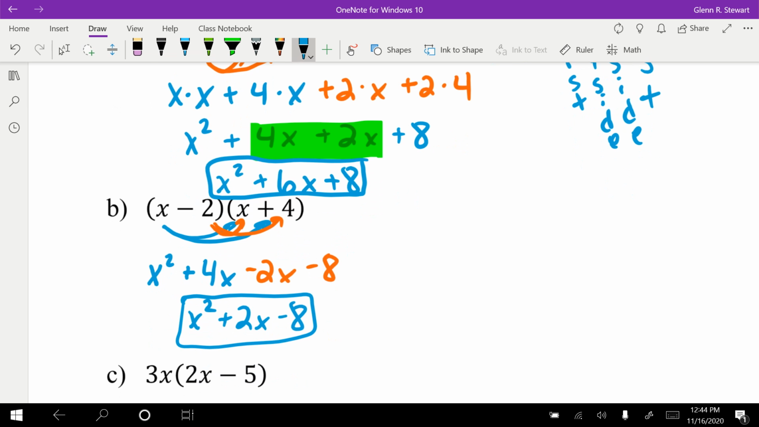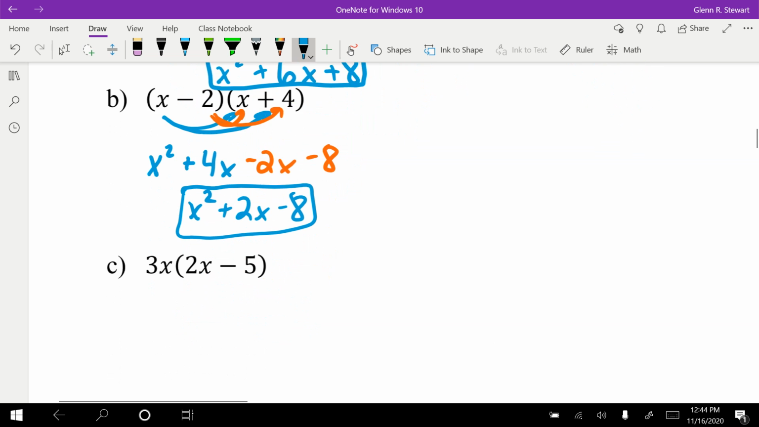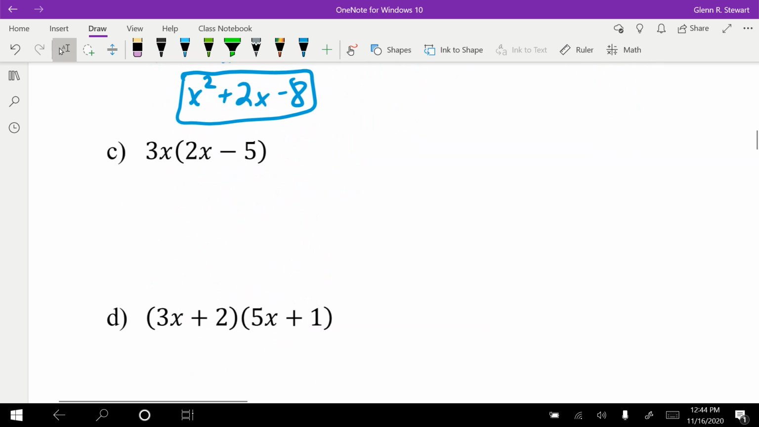How did you do? Good? Okay. Take a look at C. C is a little bit different. All you have to do is distribute one time. So when you distribute one time,